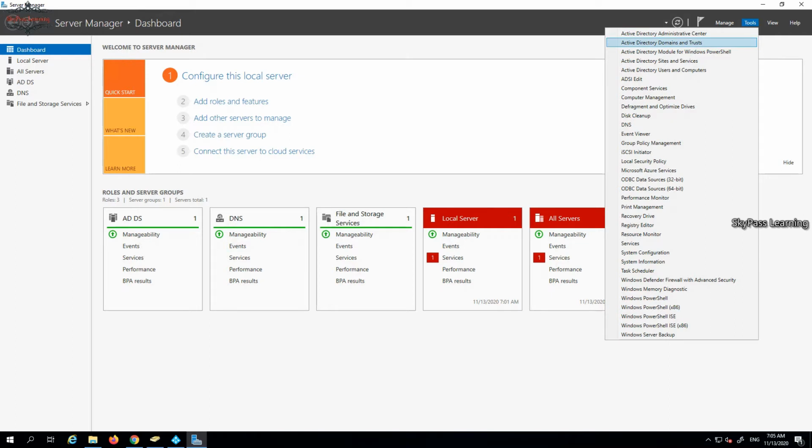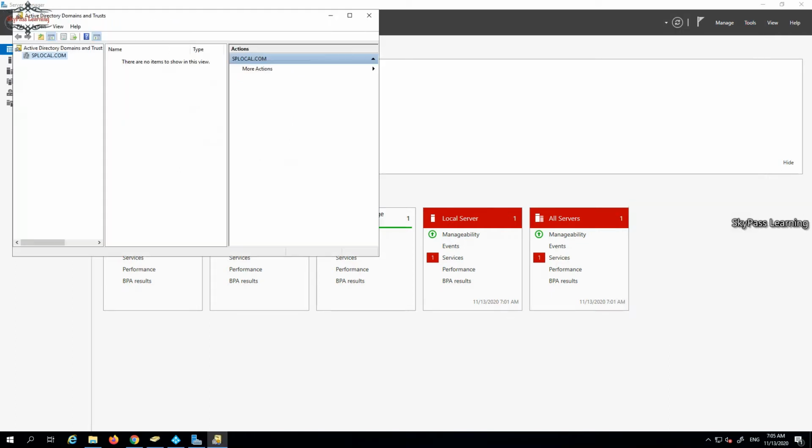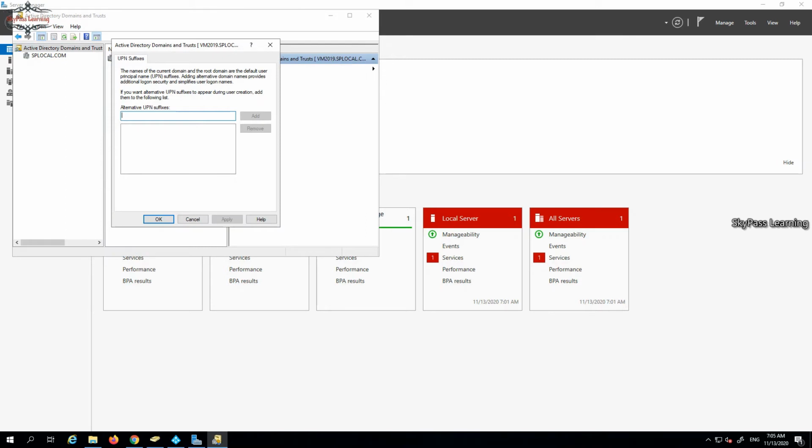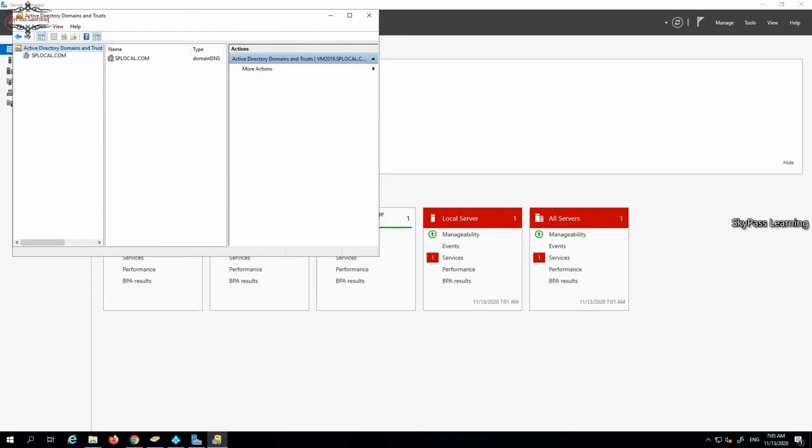I'm going to my Domains and Trusts to add my new UPN suffix. Just click on this, and in the properties I'm going to add my domain, spltest.in, as a suffix because I have this account in my cloud. So I just added it here, closed, and okay. Now I have the suffix available and added here.